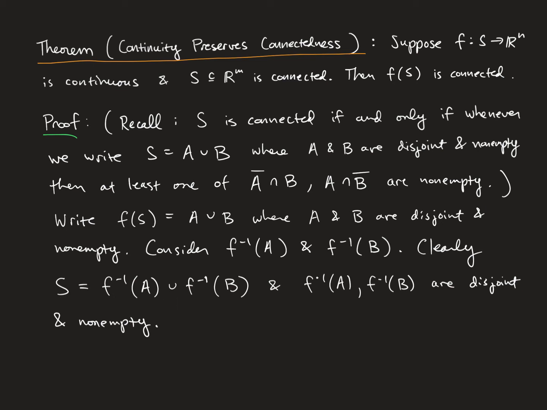And the other inclusion is trivial because to be in F inverse of A, for example, you have to be mapping into the set A, so that means you're in the domain of the function. And our function is only defined on this S, so that has to be in S. Same thing with F inverse of B. Okay, so now we have this disjoint non-empty decomposition of S, but S is connected. So since S is connected,